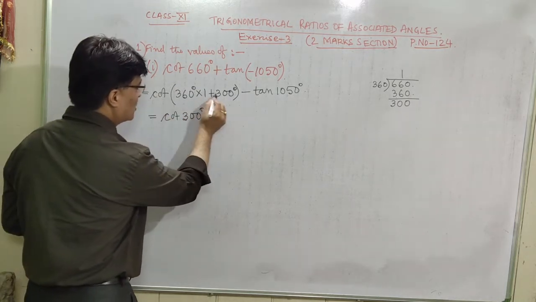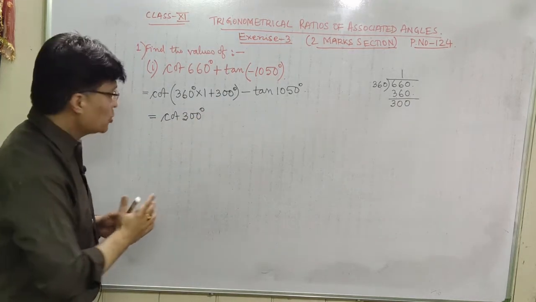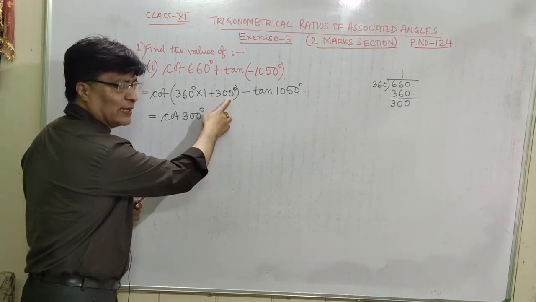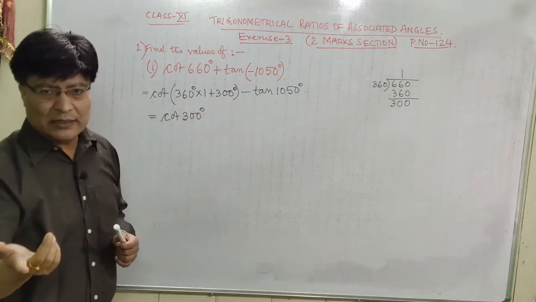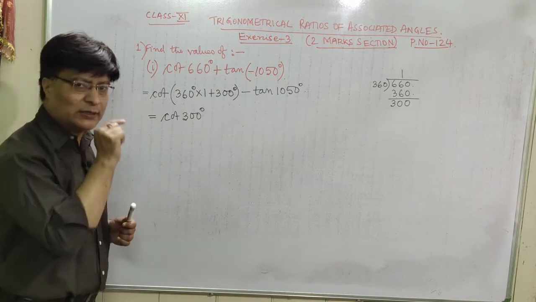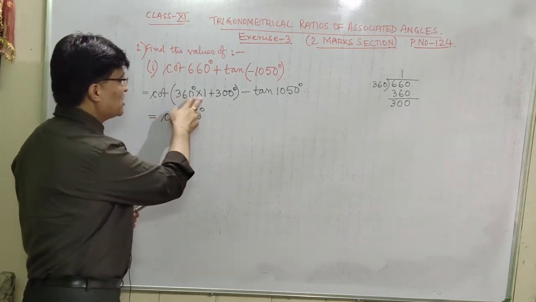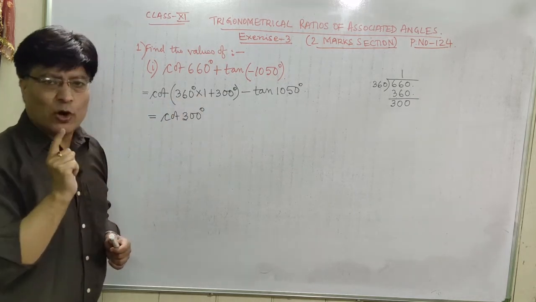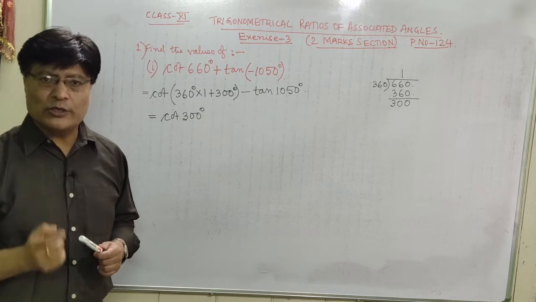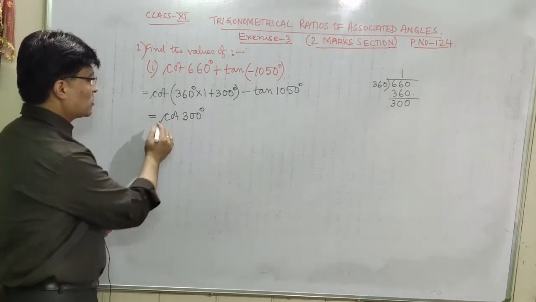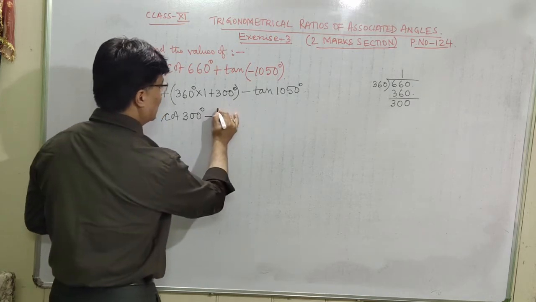So this is the form cot theta. What is theta here? It is 300 degree. Whatever may be the value here, take it as theta. 360 degree into n plus theta always lies in the first quadrant, and in the first quadrant all the trigonometrical ratios are positive. And 360 degree into 1 is an even multiple of 90 degree, so trigonometrical ratios do not change. So it is cot 300 degree minus,